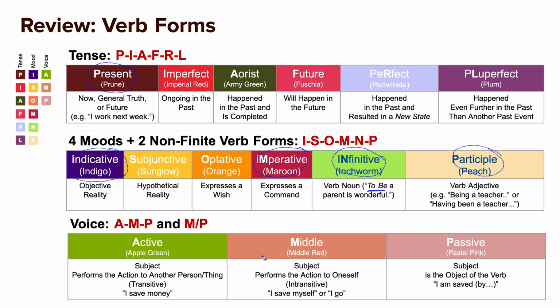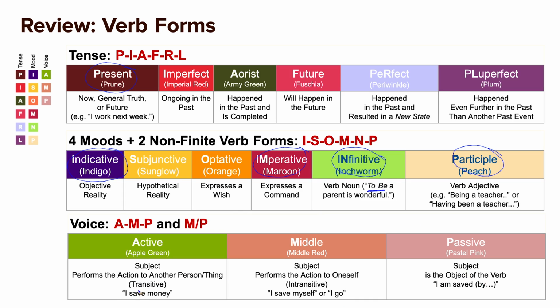And then within all of the tenses, you will generally see that you have an active tense where the subject is doing the action, a middle tense where the subject is performing an action on itself, or for certain types of verbs where it's very subject oriented. The subject is moving itself, like I go is kind of subject oriented. The subject is moving itself, so this will be in the middle tense in Greek. And then you have the passive tense where the subject is the object of the verb.